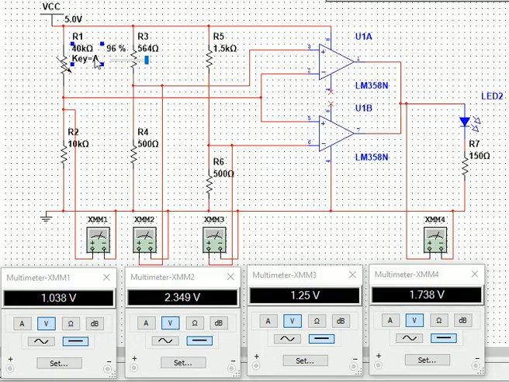resistance now, the voltage across the R2 resistor, shown by the XMM1 multimeter, is increasing, so it indicates that IR rays are falling on it, the reflected IR rays are falling on the photodiode. So now it is out of range, that is, the 10 cm value is 1.25, and here the value across the R2 resistance is